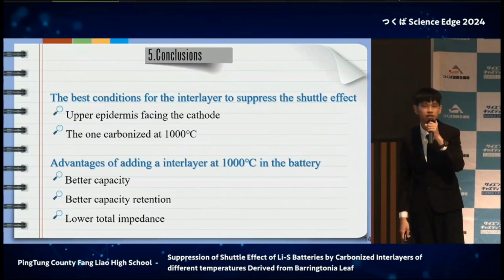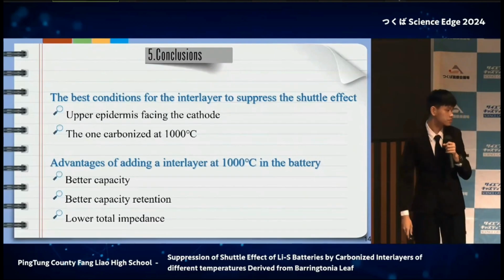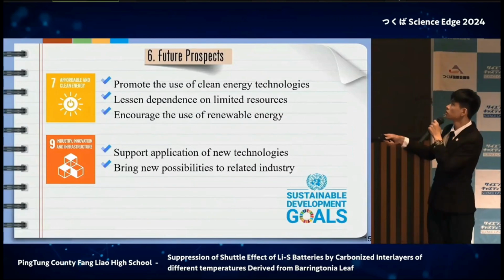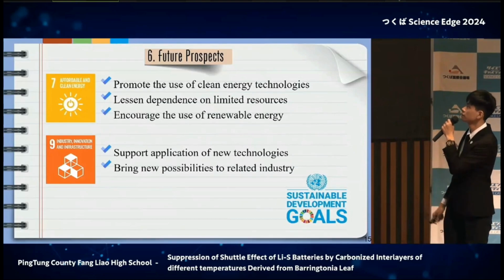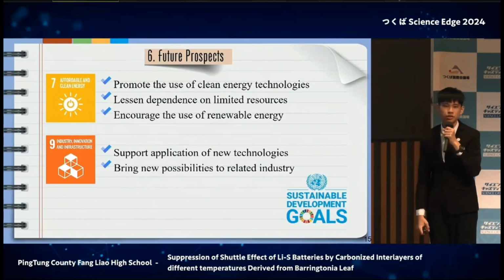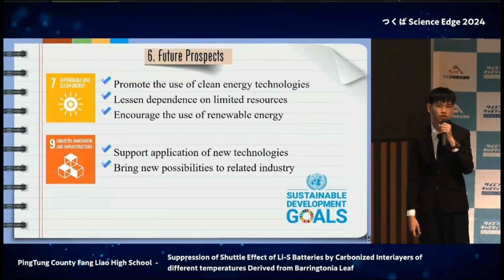That is, we can enhance the battery cycle life in terms of capacity retention, and reduce the total impedance. Also, our study responds to the 7th and the 9th goals on the list of the SDGs. Our study helps promote the use of clean energy technologies, lessen dependence on limited resources, and also encourage the use of renewable energy. Additionally, through scientific research and innovative technologies, we utilize Barringtonia leaf in lithium-sulfur batteries and